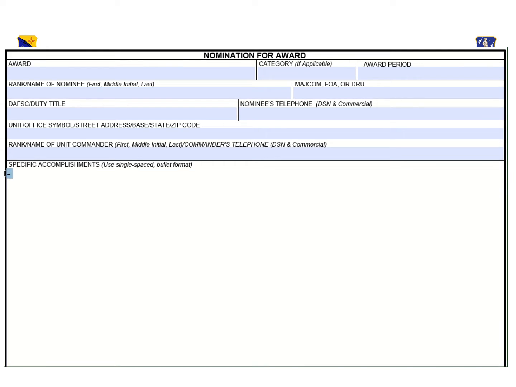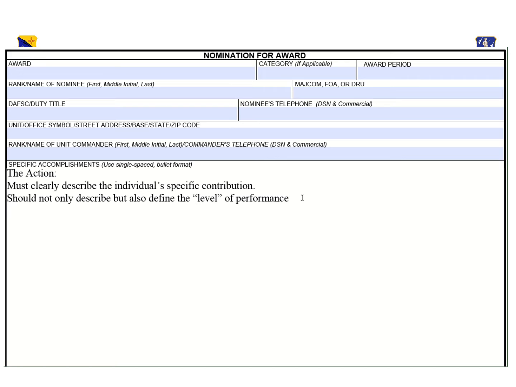We want to get the action. We want to clearly describe the individual's specific contribution, and while we're doing so, we want to try to capture the level of performance that the member has been doing. I'm going to use a scheduler that schedules AWACS sorties as an example for this, and her involvement with counter-drug operations, where she was able to schedule tanker support for the AWACS.